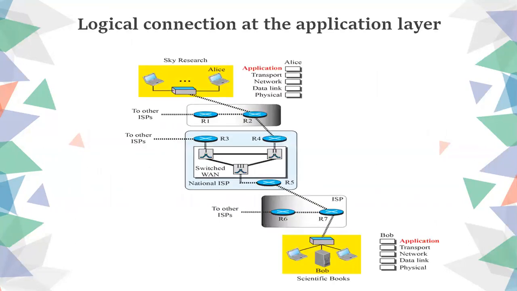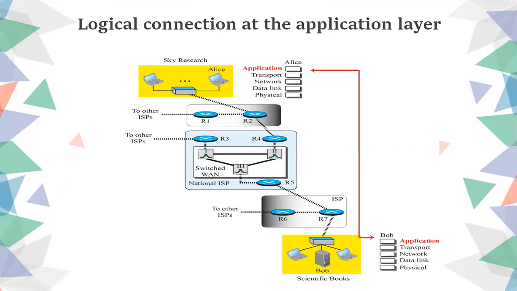The logical connection of the application layer is given in this diagram. We have a user at a particular node who needs to connect via the internet, and several nodes he needs to pass through to connect to the other end. Normally it looks like multi-stage routing, but the application communication is logical. It may seem like host to host, process to process communication, but it's not right.